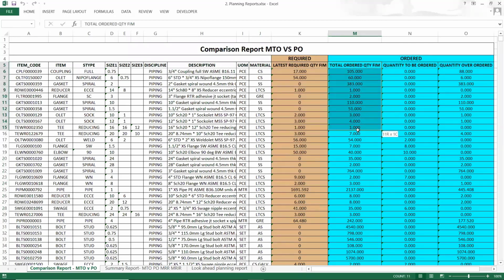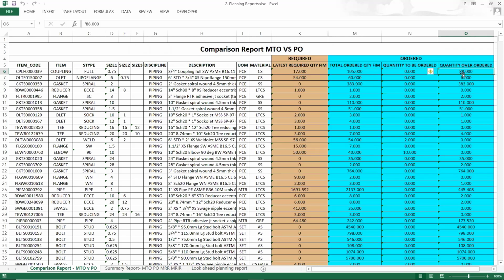And this is how much I have ordered: the total ordered quantity I have given through my PO order concept. Now, what is the quantity to be ordered if I am running a shortage? And if I already have excess order, the quantity is over ordered, which I will see in this particular column. In the first example, 88 quantities are over ordered and it is an additional surplus available with me.